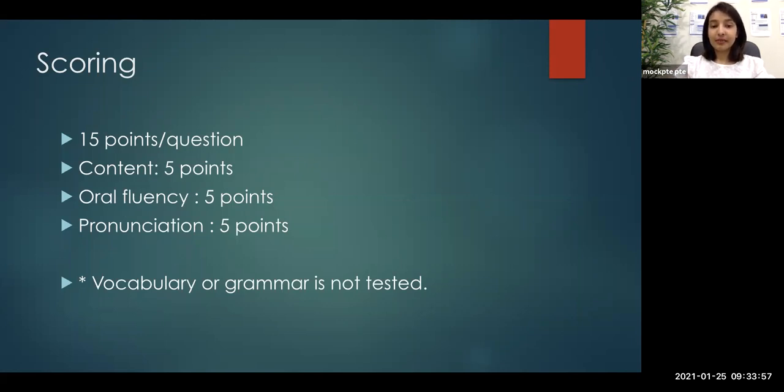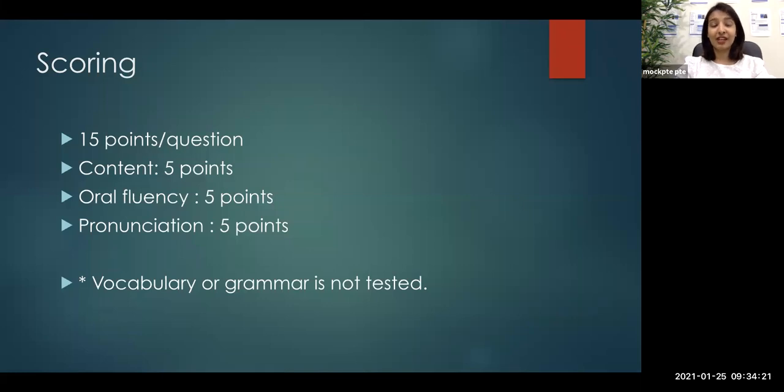Because if you made a mistake and if you stop and go back to correct it, or if you hesitate, you're going to lose more points in your fluency. Because oral fluency for the computer means continuity, a smooth flow in your speaking, which is the reason why even if you made a mistake, you should not stop or hesitate or try to correct it, because that is actually going to reduce more points from your answer.